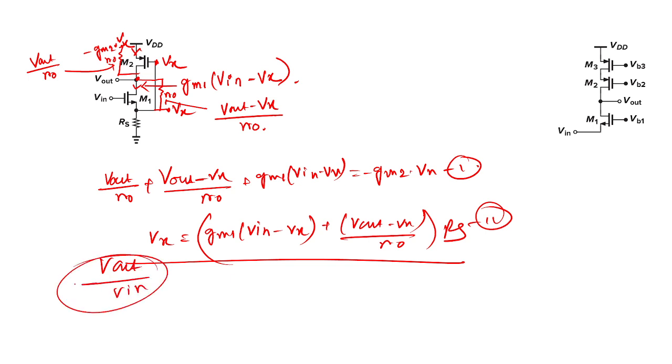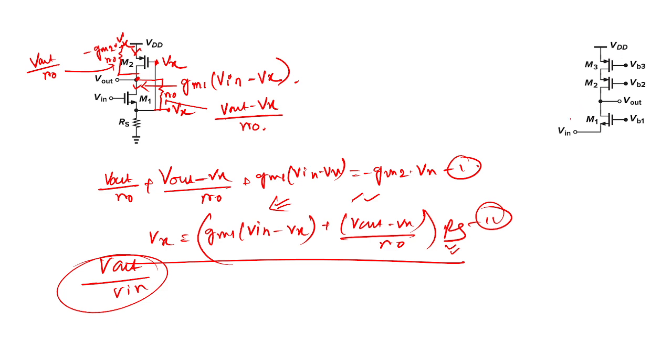Okay, this is a lengthy equation, so you can easily solve these two equations. Just calculate the value of Vx here in terms of V1 and V out and V in, and substitute here. Okay, so you can easily find what is the value of the gain. And here